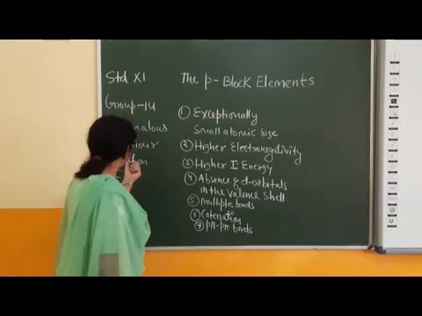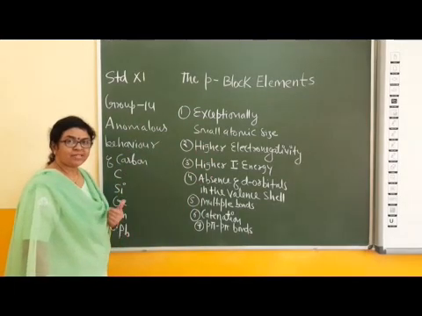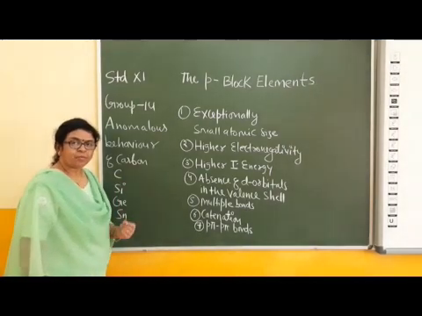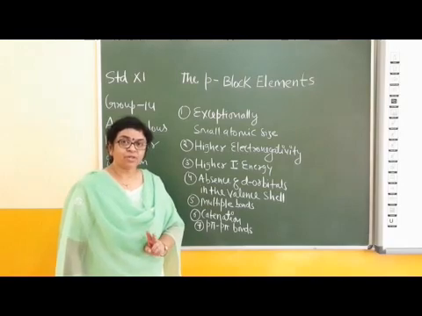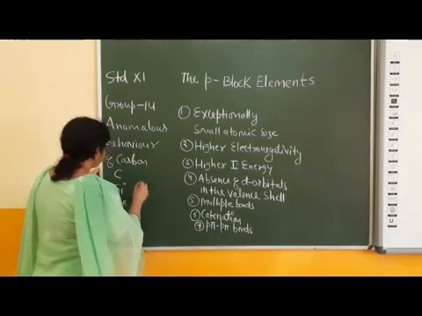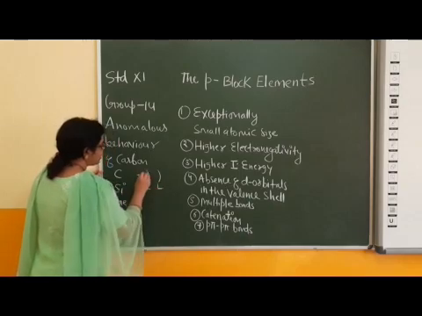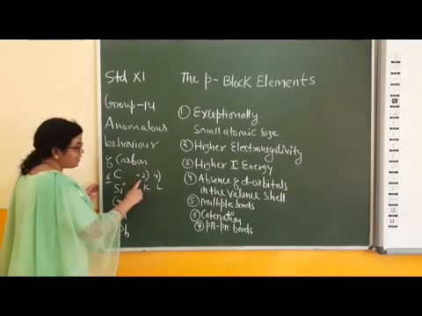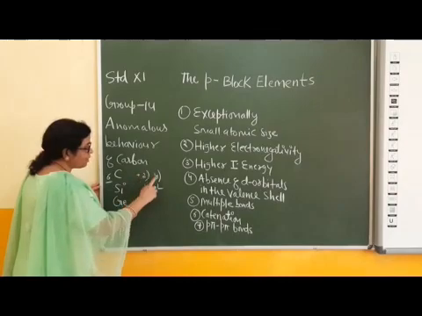Carbon shows a very small atomic size because its atomic number is 6. Only 6 electrons are present. How many orbits are present? Carbon is placed in the second period, so only 2 orbits, or 2 shells, are present. Electrons are present in the K and L shells: 2, 4. So 6 is the atomic number, and the electronic configuration in terms of shells is 2 and 4.